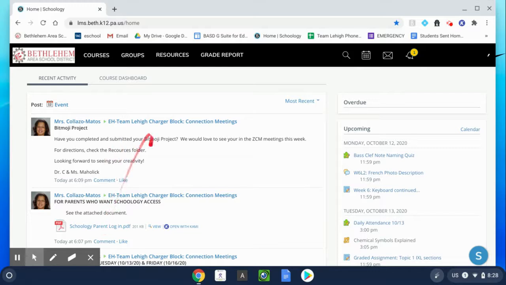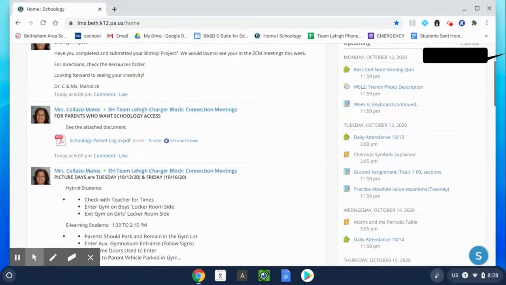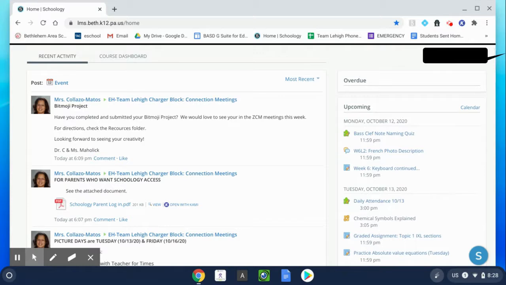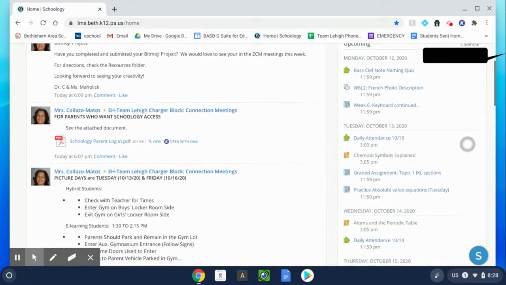When students log in, this is the page they see. On the left side, there are updates, teachers' posts, and administration, and sometimes even from the BASD admin office. So these are just like the Facebook feed, general updates. And on the right side of the screen, the upcoming assignments pop up to remind students what's due